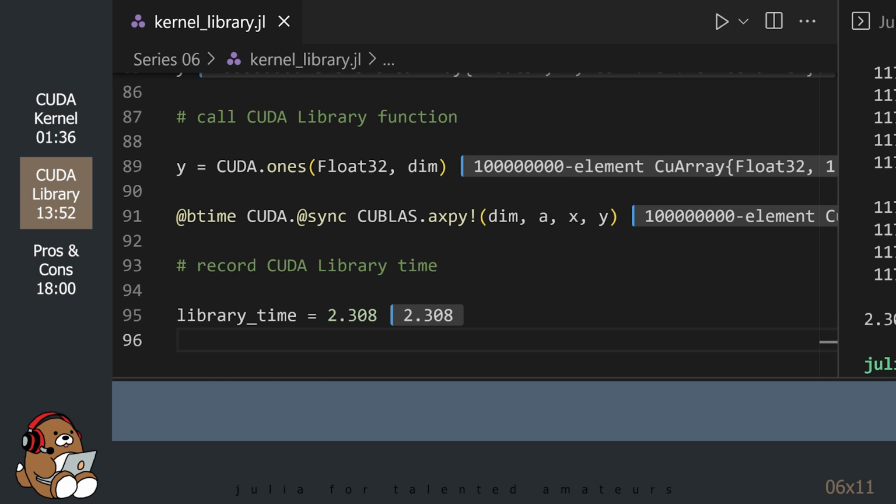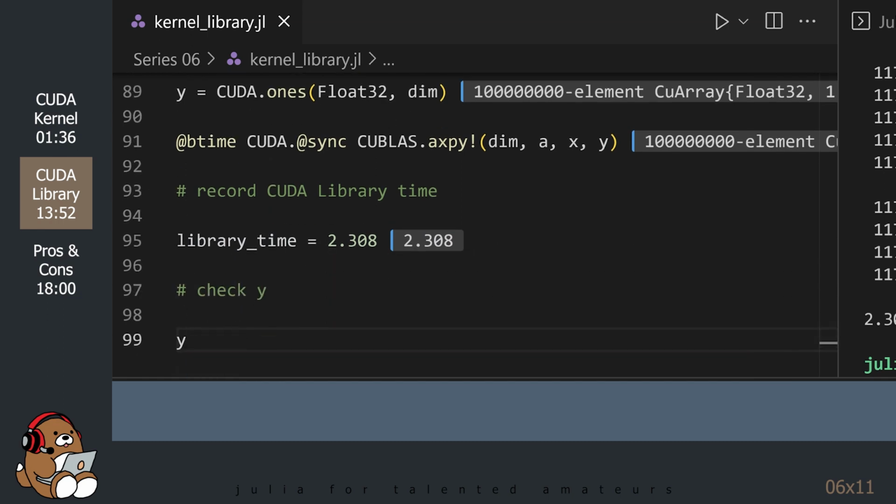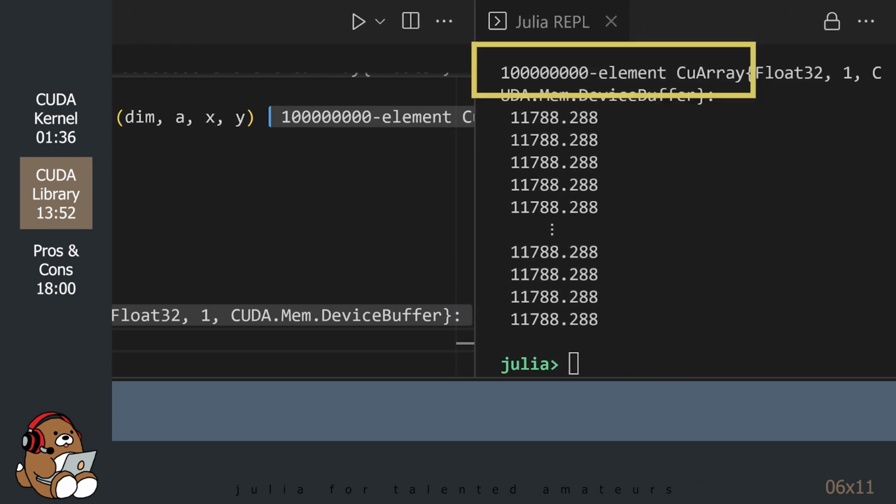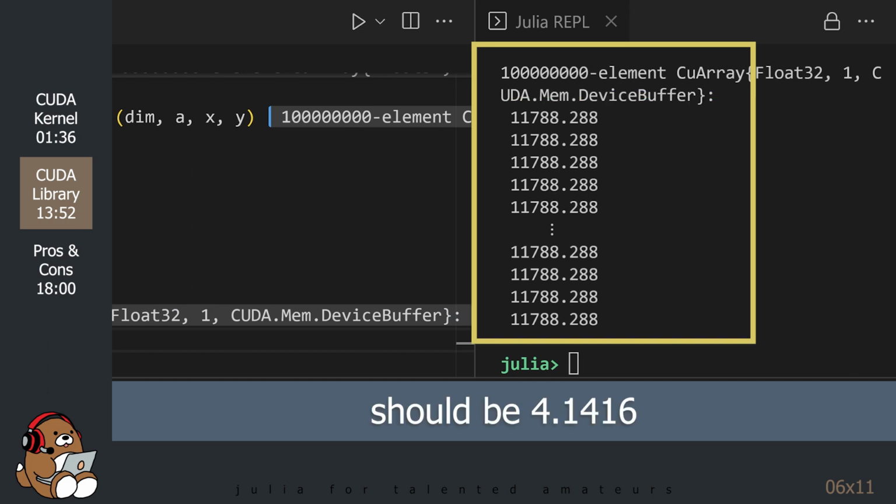But before we go on, there's something funny about the values contained in the vector y. Just like before, the variable y is a CuArray with 100 million elements. But this time, the values of the elements are completely off. I'm not sure what's causing this error.